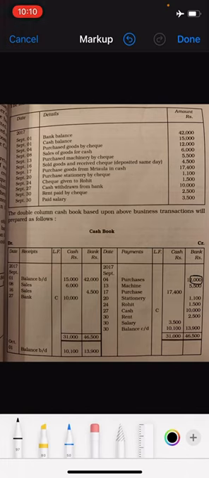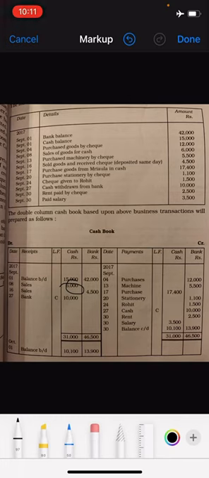Okay, next is sales of goods for cash. So when you sell goods, you know sales account is always credited. So journal entry will be cash account debited to sales account. So cash account is debited. On the debit side of your cash account, you have to write sales and the amount will come under cash column because sales of goods is made for cash. Okay, so see here, 6,000.